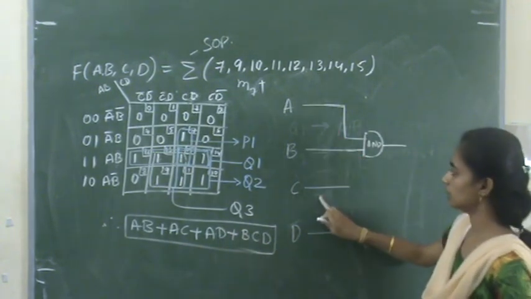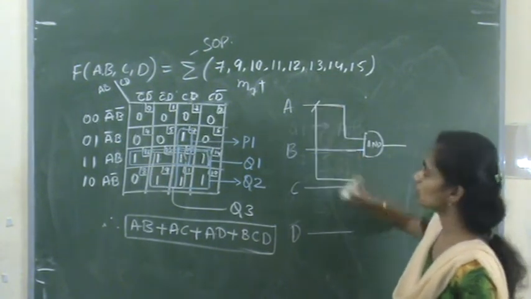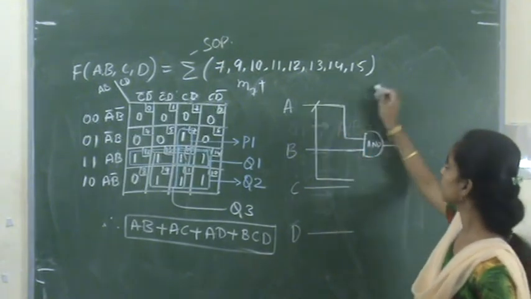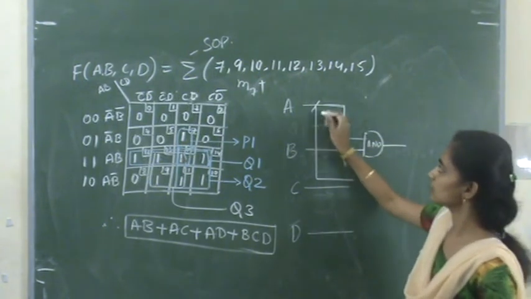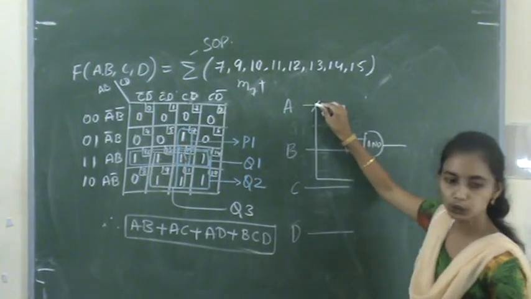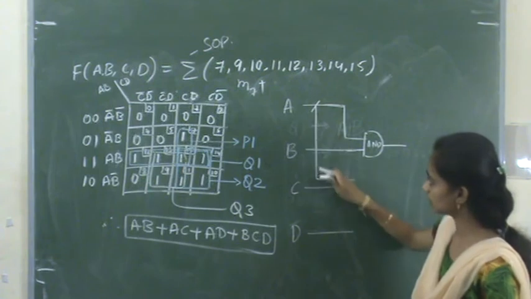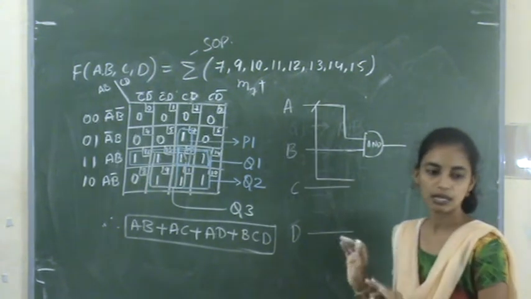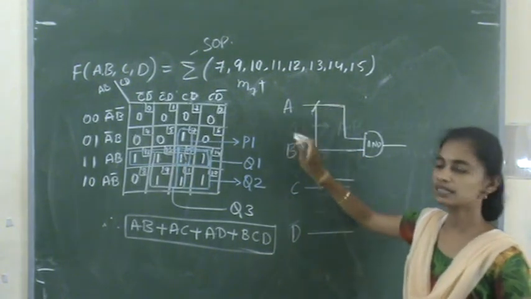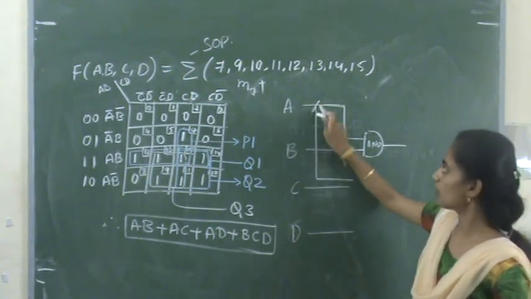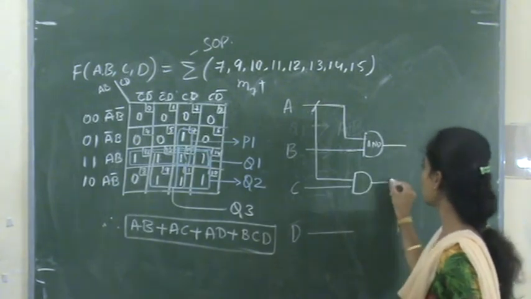We have A, here C. So I am taking this A input to C. Just mention it like this. You can write it like this or you can encircle it like this. Both are fine. This represents that it is connected to A, but it is not connected to B. If it is like this, it is just passing through B but not connected to B. If we represent the line like this, it is connected to A. So I am taking the A input and C input and performing the AND operation.